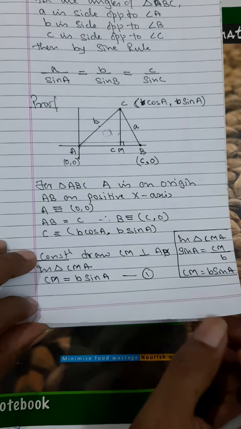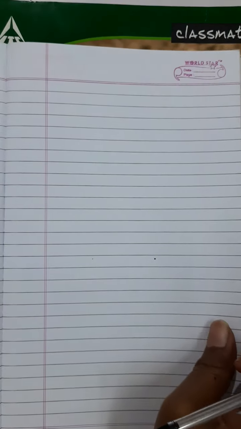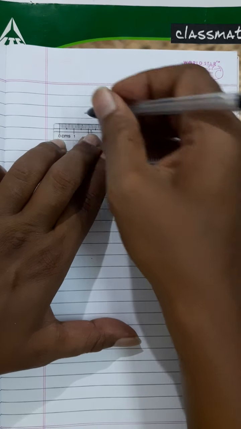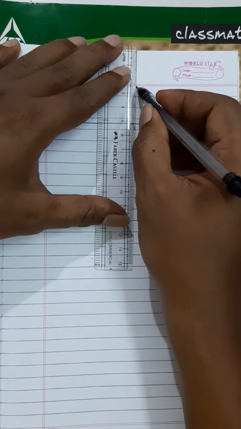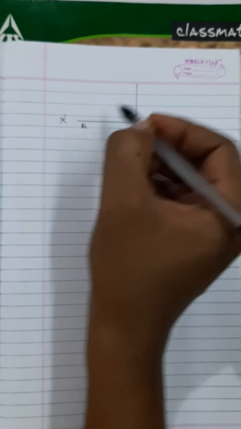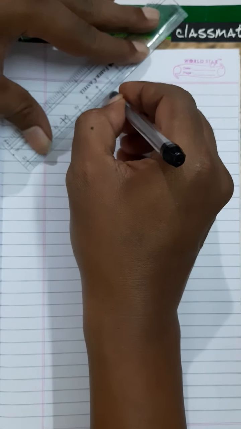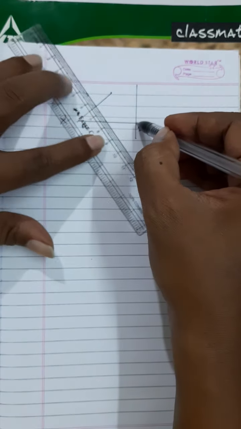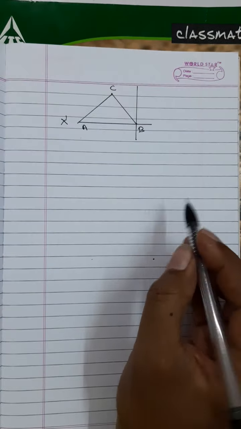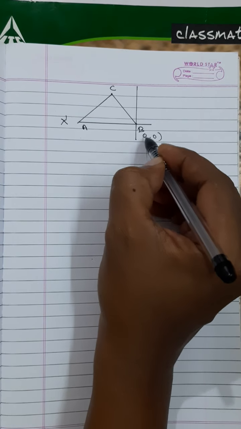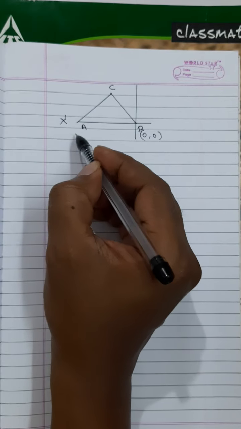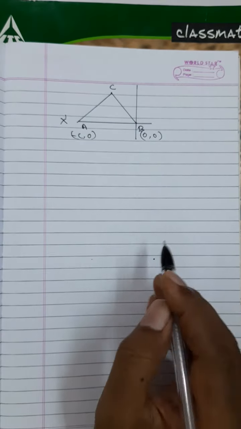Now I will shift the origin to B, or you can say you shift B to the origin. You can put it in any way. Whatever said and done, it is shifted in such a way that now your AB is on the negative x-axis. Fine. C is still anywhere up. C is over here. Now B will be 0 comma 0. A will be, since this is negative, minus C comma 0.